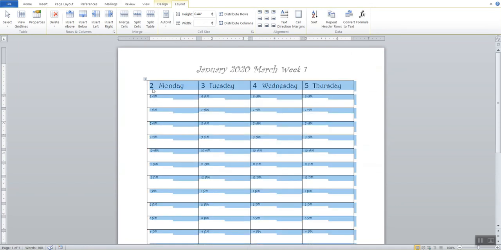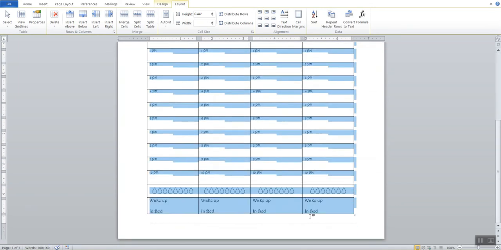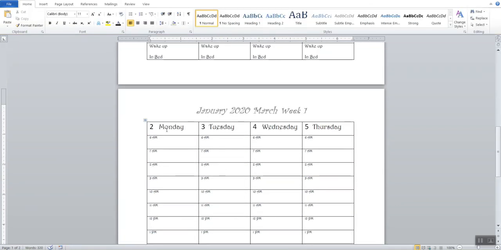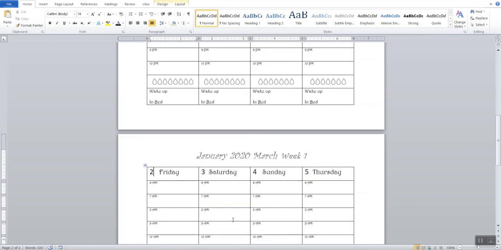Now copy this one and paste it in the next page. So here we will add from Friday, Saturday and Sunday. Last one we will leave it as of now. Now we will fill the remaining dates, 6, 7